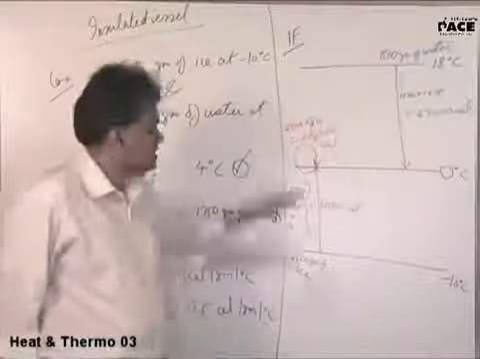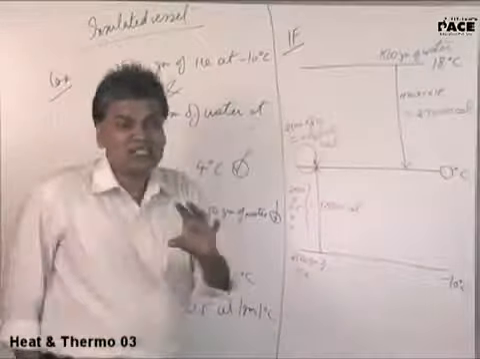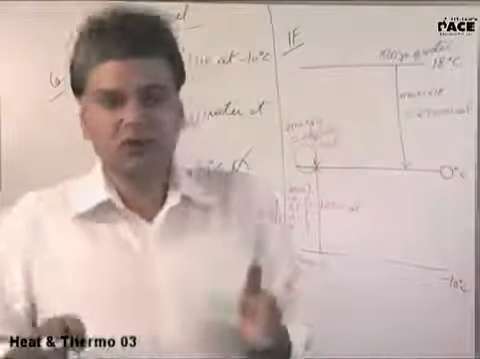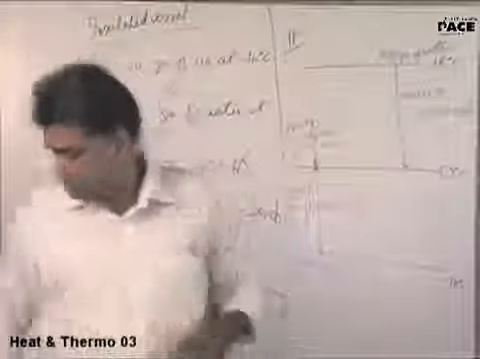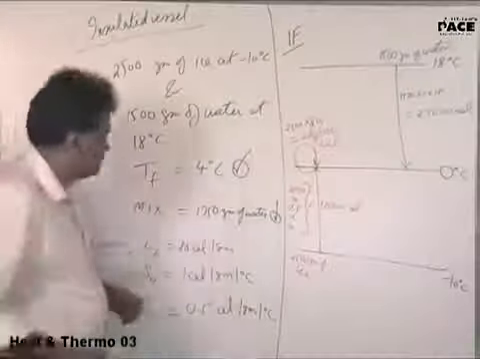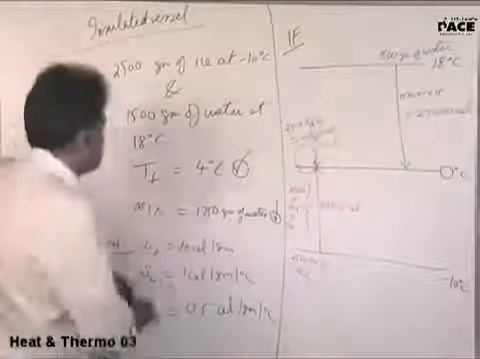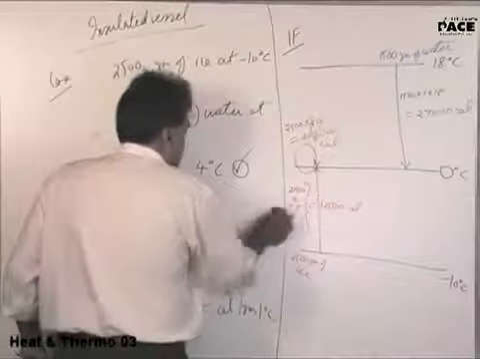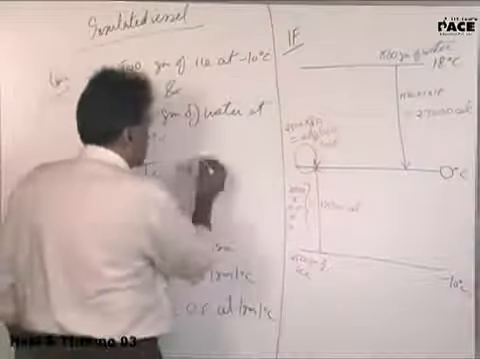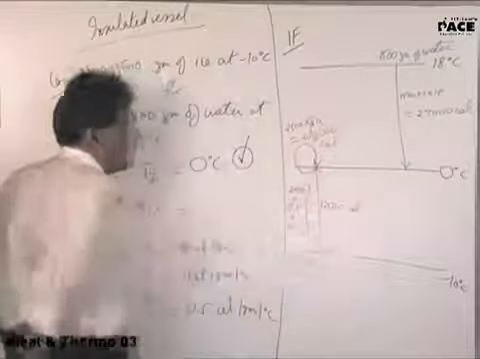Some of the ice will melt. We have done this case before itself. So what is the final temperature? 0 degrees Celsius. That's all. So solve this now and get the mixture. Final temperature will be 0 degrees centigrade and